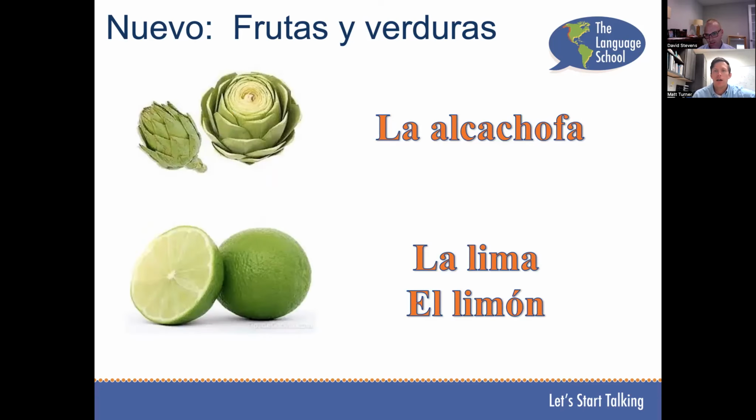La alcachofa. Muy bien. What is that? An artichoke? Oh, it looked like a hop plant for a second. That's the beer in me. Yeah. Artichoke, la alcachofa. La lima, el limón. I've heard el limón. So again, I put la lima there because that's actually the right name for it, but I think they only use that in Spain. In Latin America,